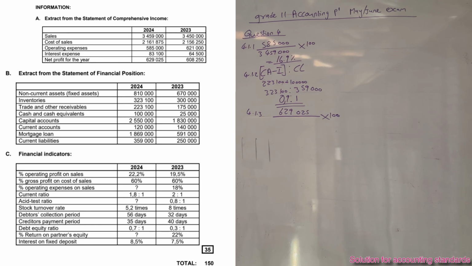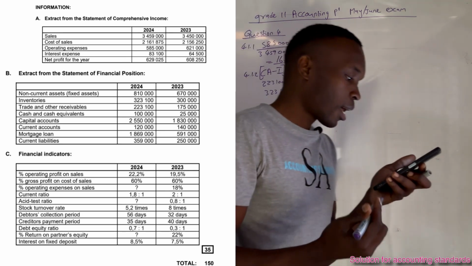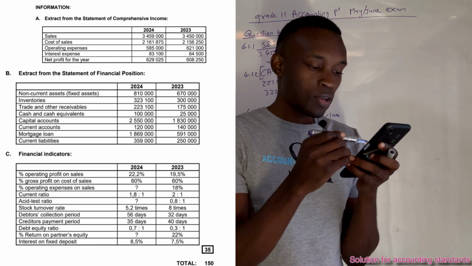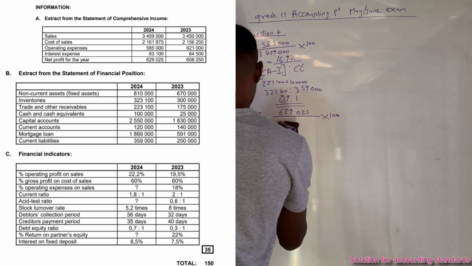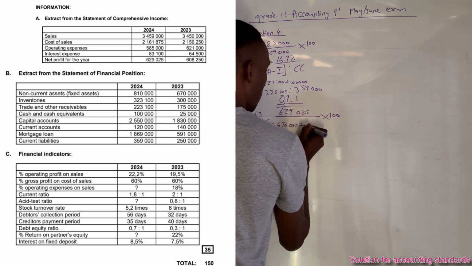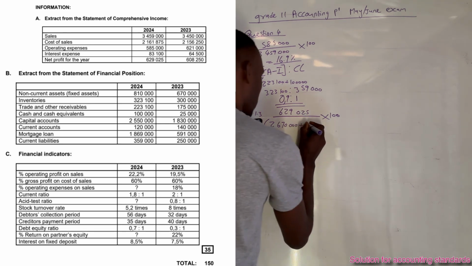The average equity includes the capital account as well as the current account. You add capital and current. For this year, if you add the current account and the capital account of 2.5 million, 50,000 and 120, it's going to give you 2,670,000. Plus for the last year you have to add 1,830 and 140, which is going to give you